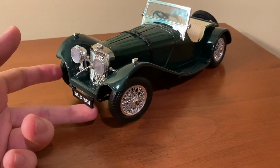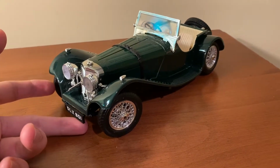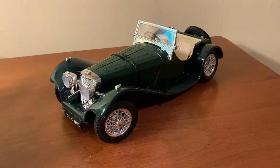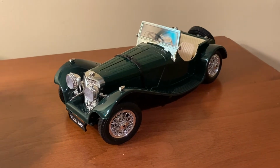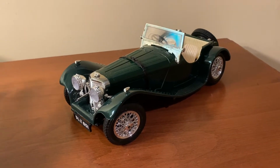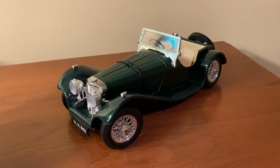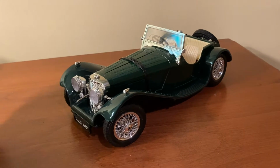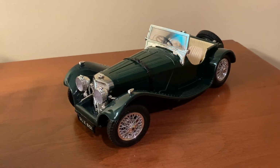Bburago, I think, stopped making it sometime in the 2000s. They made it for quite some time, and you can find these on eBay for anywhere between $20 and up to $50, depending on the color and the condition and whatnot. This British Racing green with the beige interior is one of the more common colors, so it won't be as